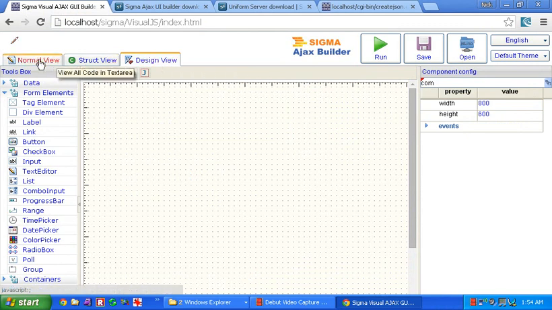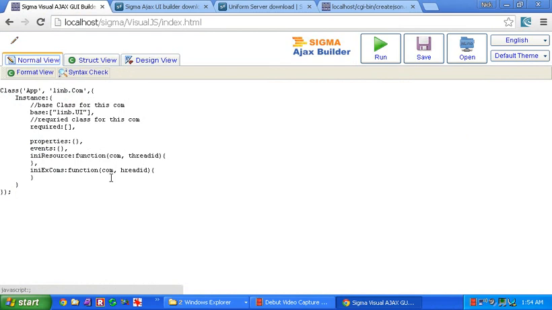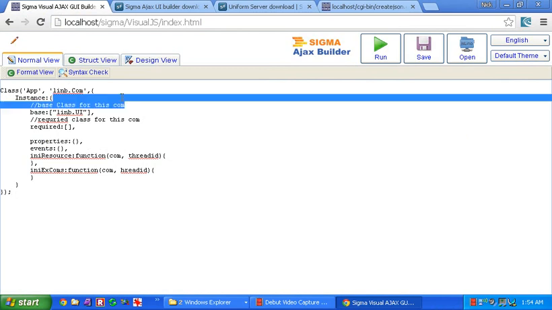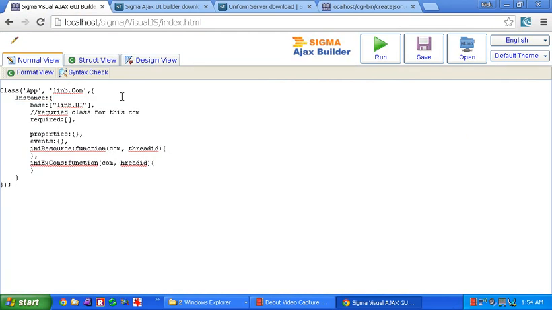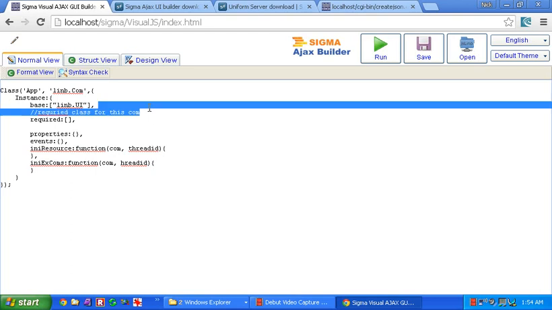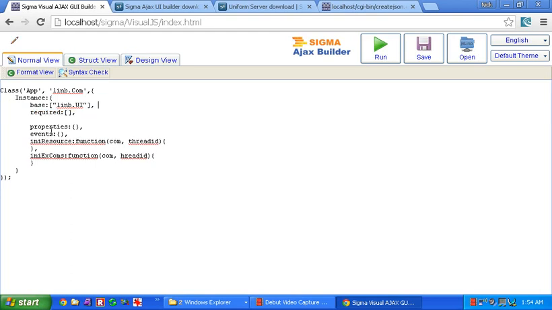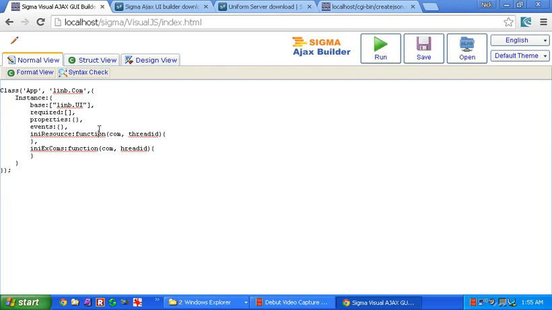And if you go over to what they call normal view, you see all of the code that makes up your application, and this is all of it. This is everything that's required for your application to run, this single page application. So you can copy and paste this into a text editor. There are a couple of items here that aren't needed. So you can see this is sort of a minimal